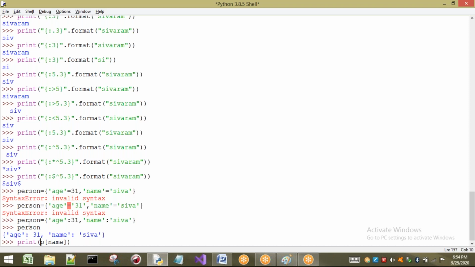Inside a replacement operator I have to take this one. So, double quotes, inside a replacement operator I have to take p of name. That means when I ask about name, it is going to return the value. Hyphen a. Let us take Shiva's age is. Where is my age? With age. That means what I have to write here? P of age. Again, it has to be inside a replacement operator. So p of age. Now, okay, it is completed.